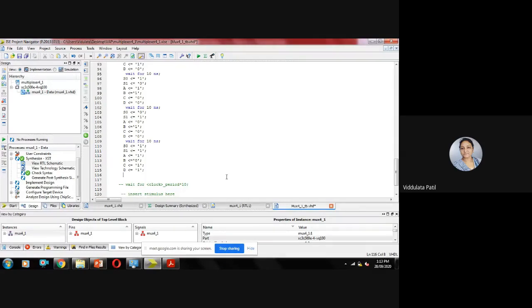Namrata, what will be the output? Z is equal to 1. Yes, Z is equal to 1 because D is equal to 1. As here for S0 is equal to 1 and S1 is equal to 1, output will be equal to D. So as D is equal to 1, output will be equal to 1.